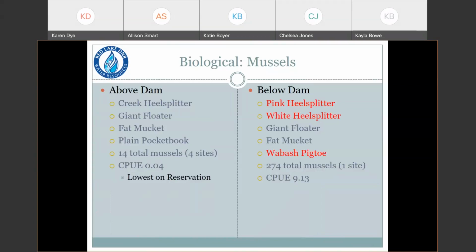So we did an assessment prior to removal. We had the Minnesota State DNR malacologist work with us and their team, and we did sampling above the dam at 4 different sites, starting at that first site just upstream all the way to the reservation boundary. And the catch per unit effort of the mussels, or the CPUE, was the lowest on the entire reservation, which isn't entirely, we weren't surprised because that dam was located so close to the mouth of the lake and was preventing fish